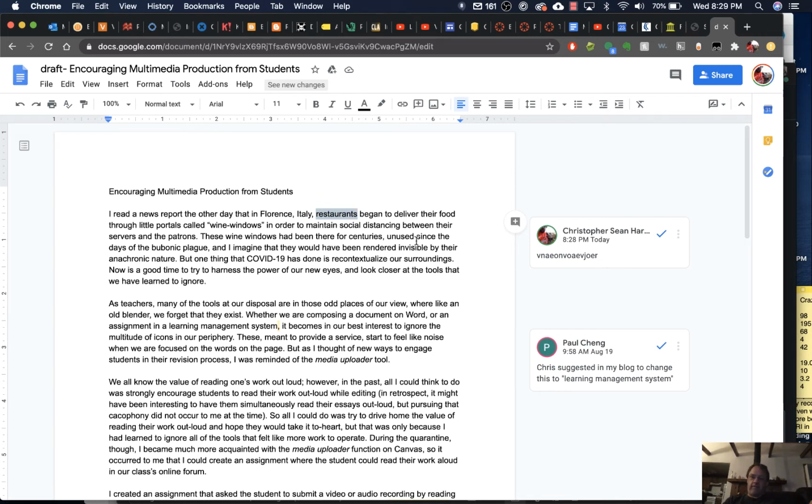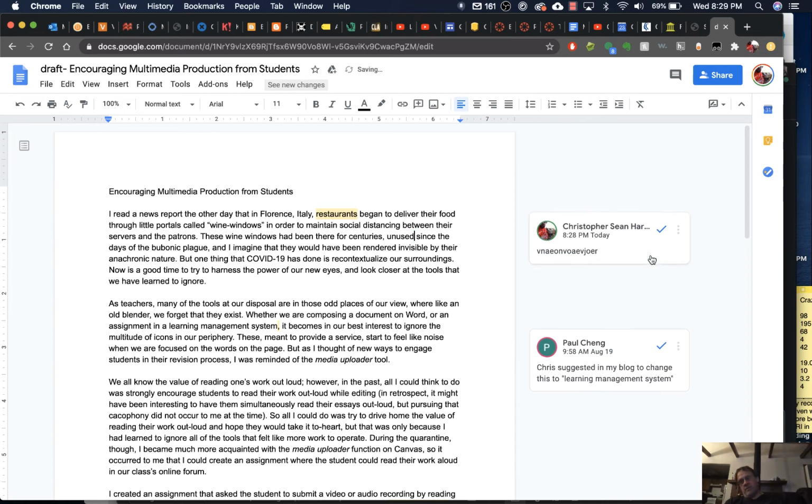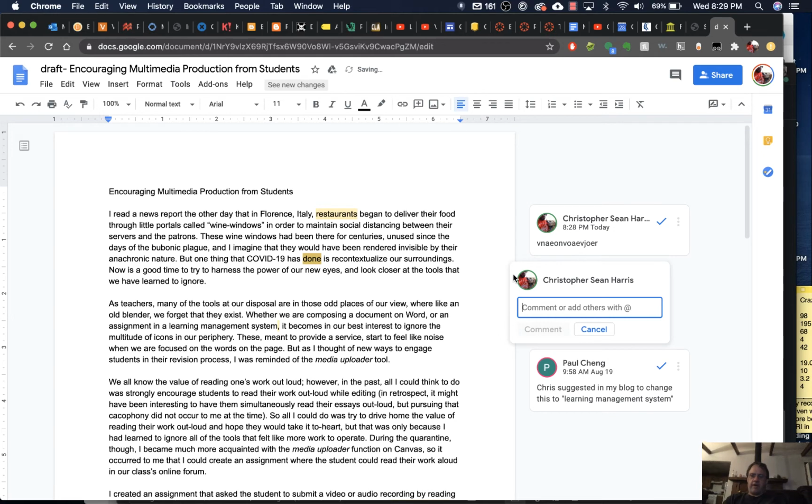So that way, if it's on suggesting, I can say, I think there should be a comma there. And if I enter it in, see, it just suggested it. And then the author could either accept it or reject it. See, that's pretty nice. I actually like the layout in Google Docs better than in Word. So you can highlight something, add your comment,